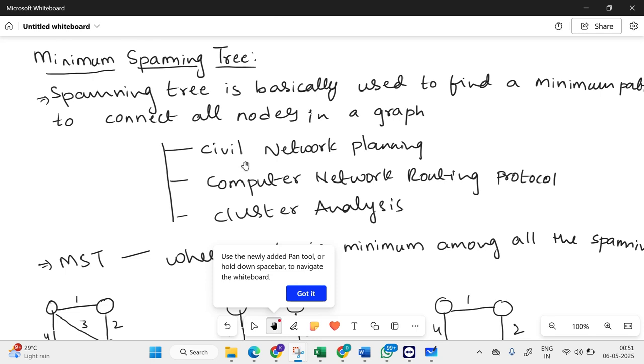Now, when you go for a minimum spanning tree, you compare the cost of all the spanning trees. As I said, for one given graph we will get many spanning trees, and among them, the spanning tree whose cost is minimum is called the minimum spanning tree. Now let us understand this clearly